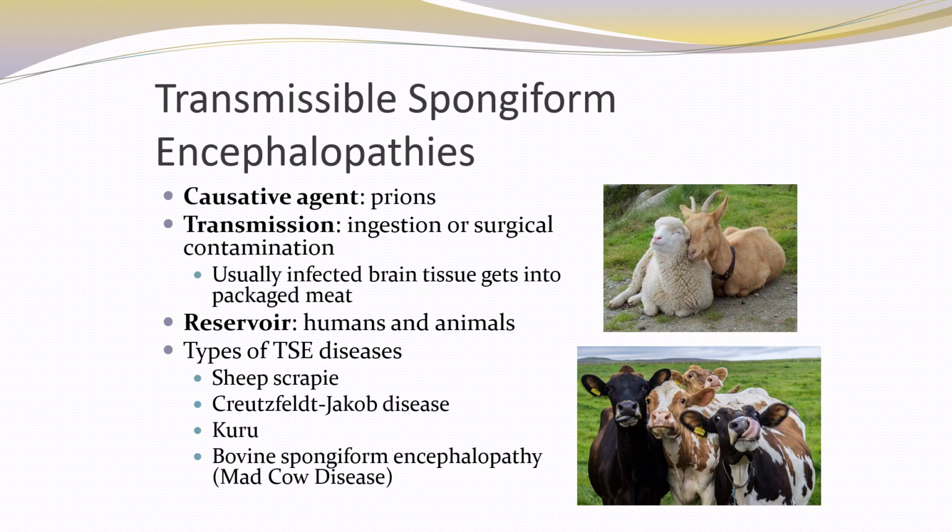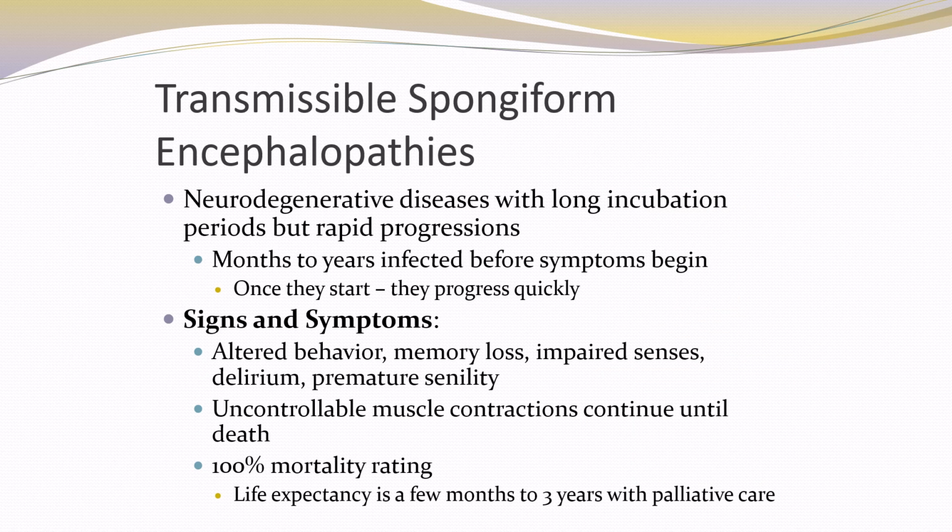So the only thing we can do, because it is also highly contagious, is to kill those animals and then kind of move on from there. Because there's really not a whole lot we can do. And the only way to test to see if an animal has these prions is to take a brain core sample. And most critters don't really survive that type of sampling. And then there wouldn't be a whole lot we could do afterwards if we found out that they were positive for those prions anyway. So what we typically see with encephalitis, of course, is that altered behavior, memory loss, impaired